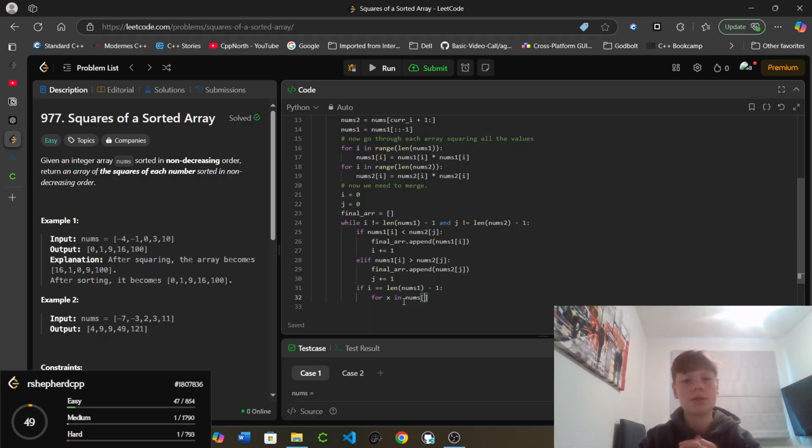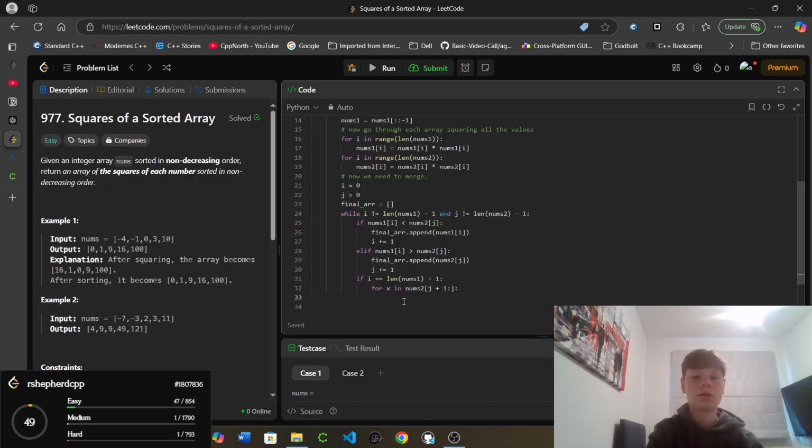So we want to append the rest of j. So nums2 would be like that. Final r dot append x